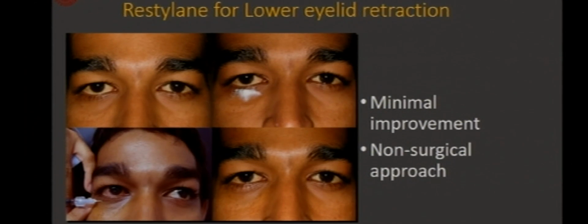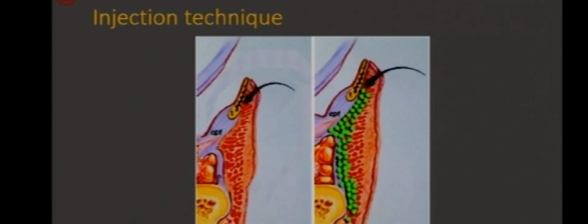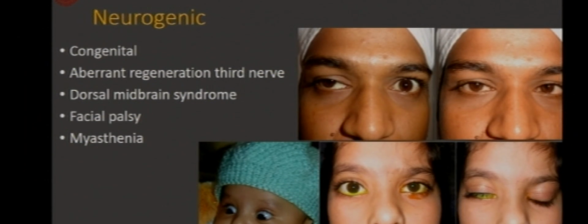This study was published from LVPEI. This is one of the reports from LVPEI, in fact, where a temporary correction can be obtained by injecting fillers into the lower eyelid to lift the eyelid a little and take care of the retraction. Neurogenic causes are again various: aberrant third nerve degeneration, myasthenia. Facial palsy remains the most common cause,